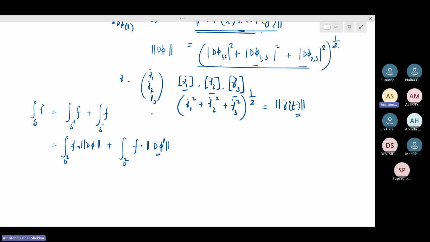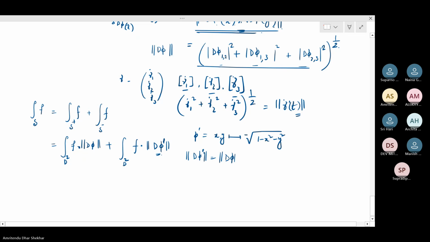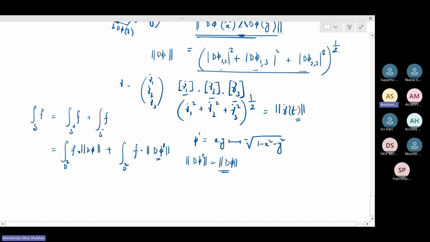Okay. Because this map phi dash is this map (x, y) goes to minus of the square root of 1 minus x squared minus y squared. Okay. But you would say that there is no difference. You would see that once you compute this d phi prime, because the sphere is symmetric and whatnot, this d phi prime is actually going to be equal to d phi. Okay. So this is how you can then complete.